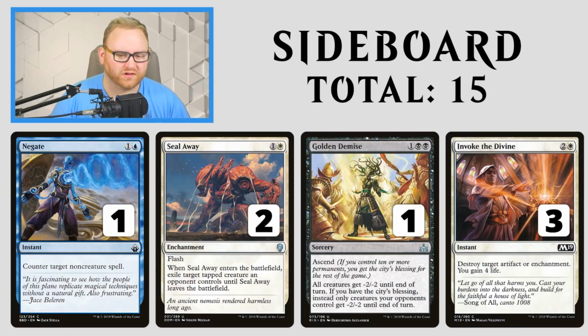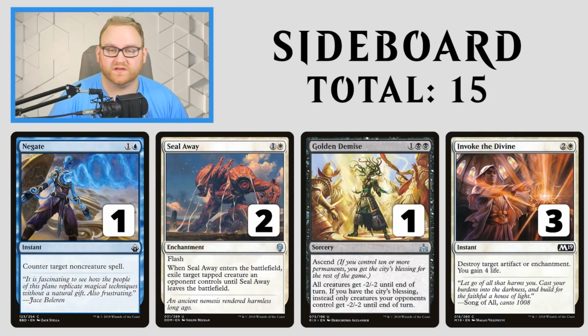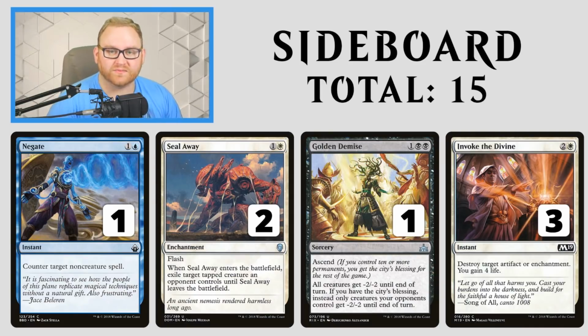Just a very good card overall. And Invoke the Divine is here for if there's their Godfrey's Gift strategy, if there's a vehicle strategy going around messing up our situation, or if there's a lot of enchantments in our opponent's deck, we want to bring in Invoke the Divine to deal with that, to make sure Teferi can stay on the battlefield long enough to go